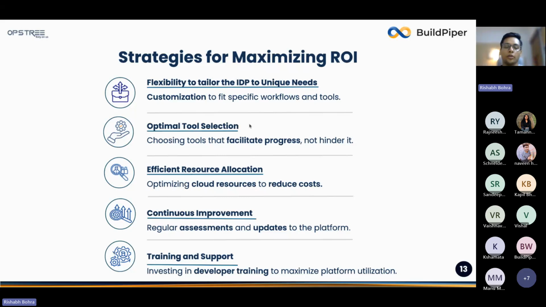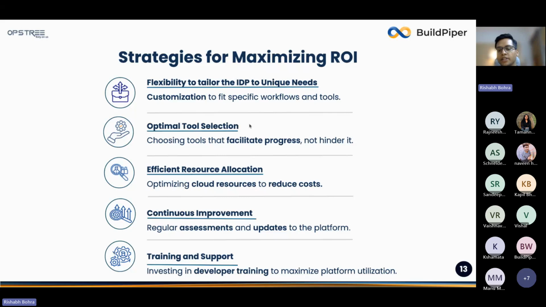And then there could be variations in a similar stack around the version as well, especially in the case of Java. There's 1.8, there's 20, and there are a lot of JDKs that are available and being used independently. The third one is efficient resource allocation, where optimization of these cloud resources can be